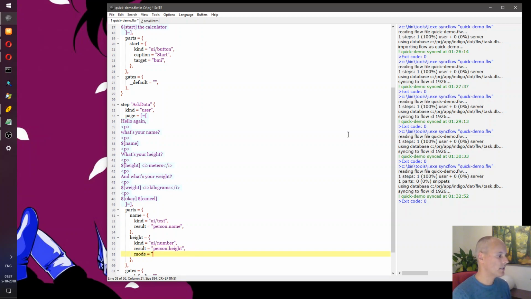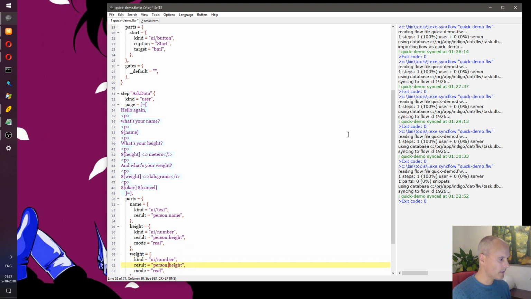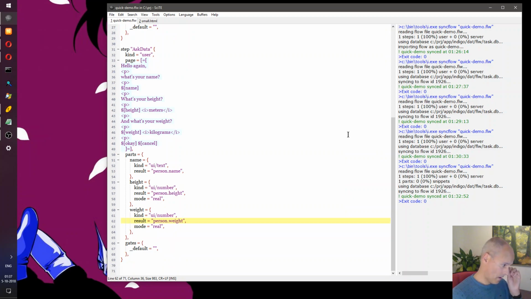And in this case, for numbers, for this particular part, this user interface component, you can actually specify if it should accept floating point values or integer values. And I think that the default is integer, so let's make sure that it accepts floating point values. And do the same with weight.